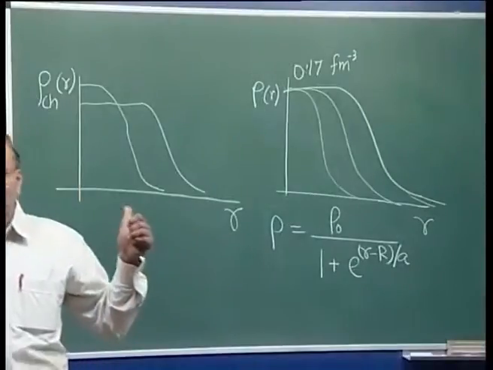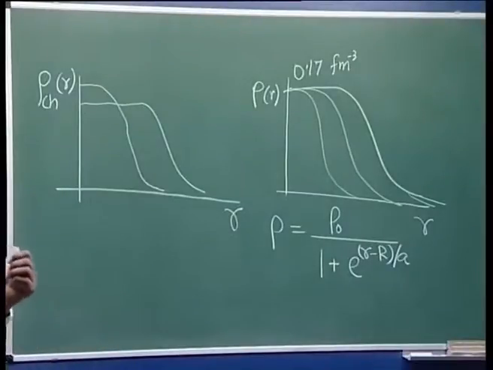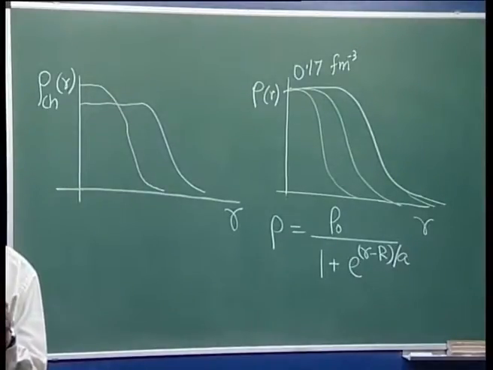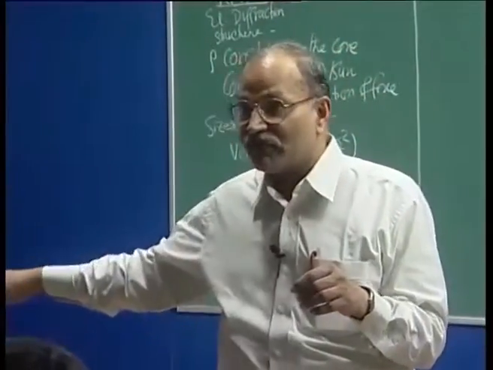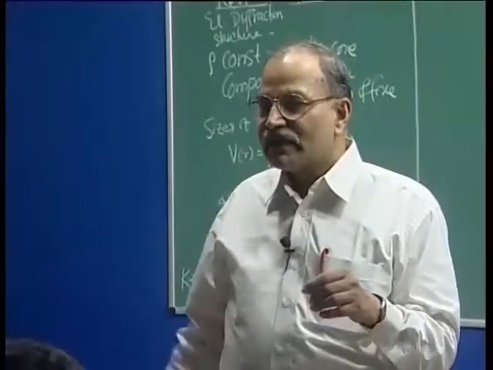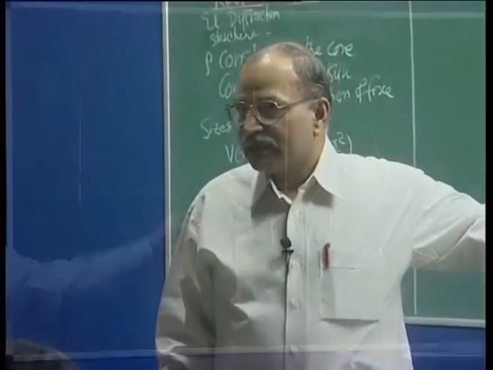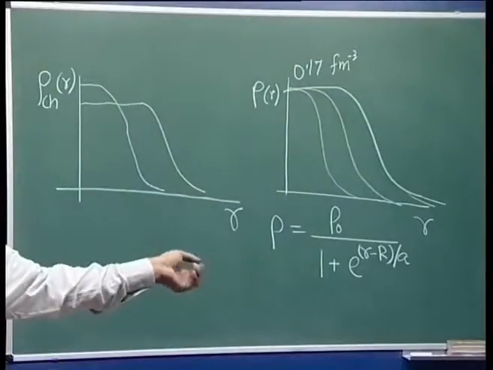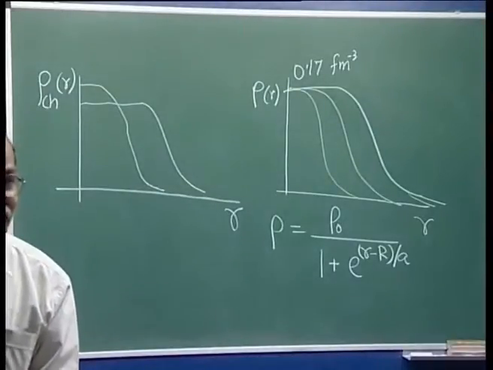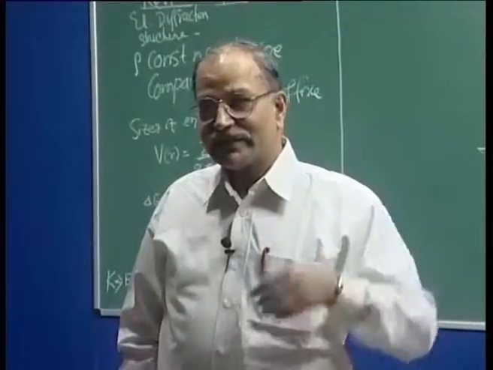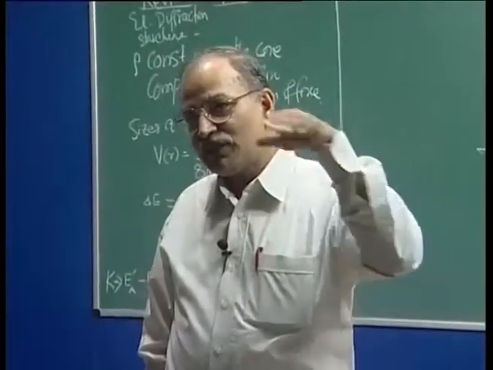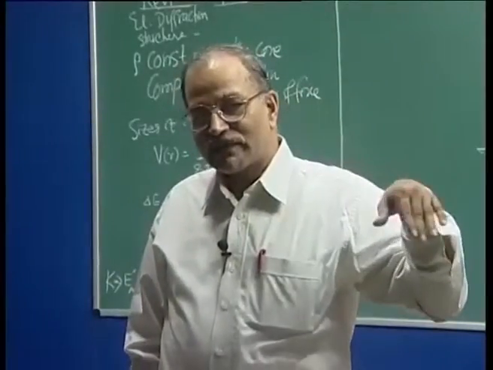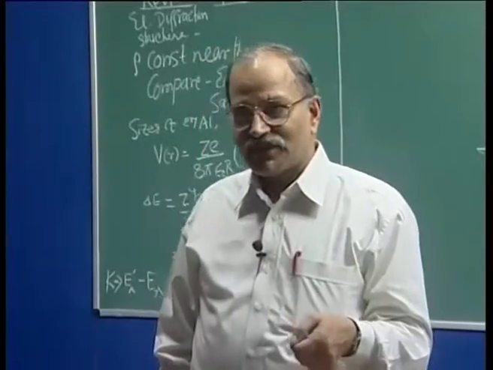Now, are you familiar with this function? This function is just a mathematical function. If something is nearly constant up to some distance and then gradually falls, this kind of data can be fitted with this function. There is nothing fundamental about this. It is not coming from nuclear interactions and nuclear forces. We just see the data, and then we find that this function can be used to explain that data, or to fit that data essentially.